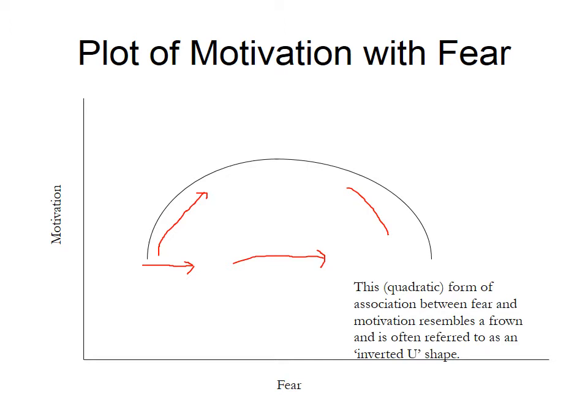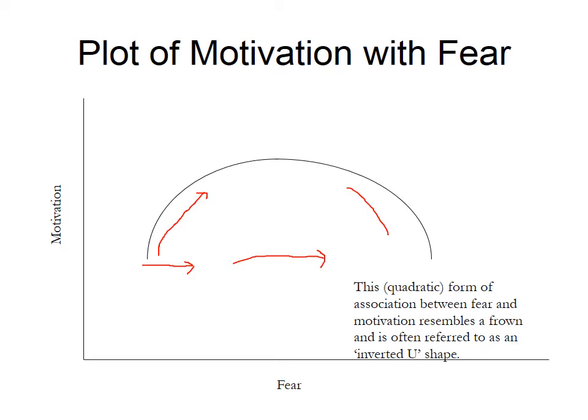As fear increases, we see motivation also increasing at the beginning of this relationship. So more motivation at the beginning. Imagine, for example, on cigarettes, you sometimes see messages saying that smoking might cause lung cancer, or that smoking increases risk of pregnancy complications, and maybe that motivates people to either stop smoking or at least to think about stopping smoking.